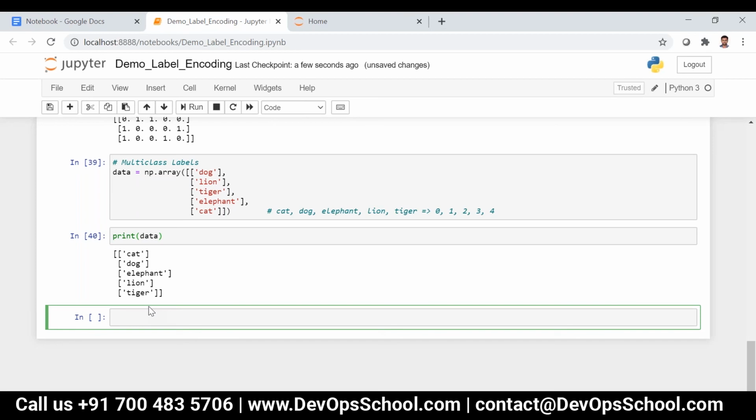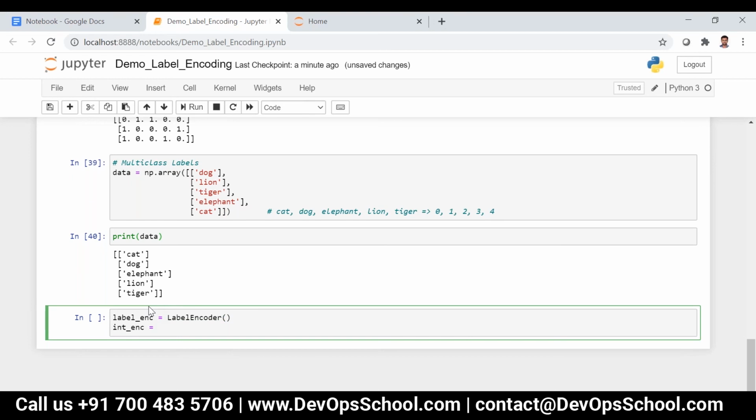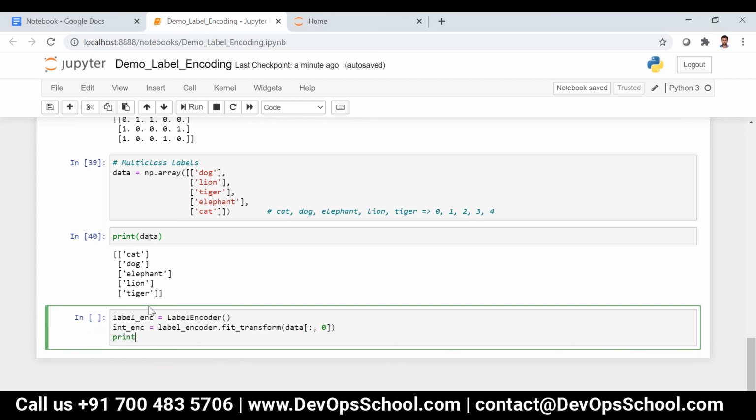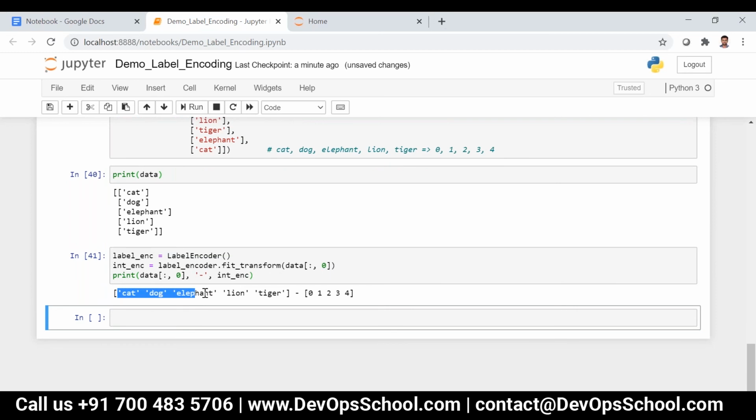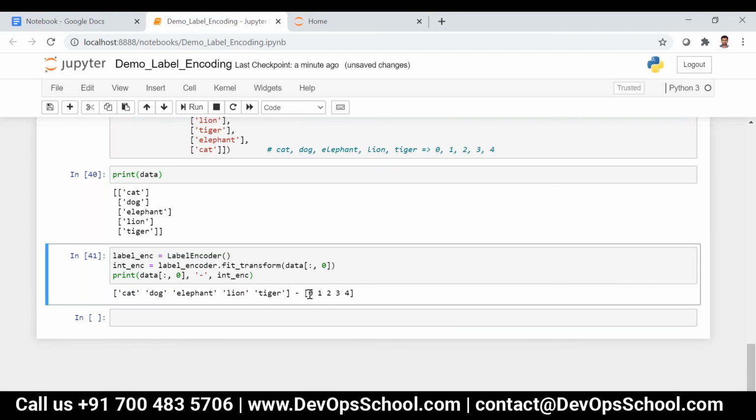If I say label_enc is equal to LabelEncoder, and then int_enc is equal to label_enc.fit_transform of data[:, 0], and then print int_enc, you can see it is sorted like this, and the labels are assigned like this.